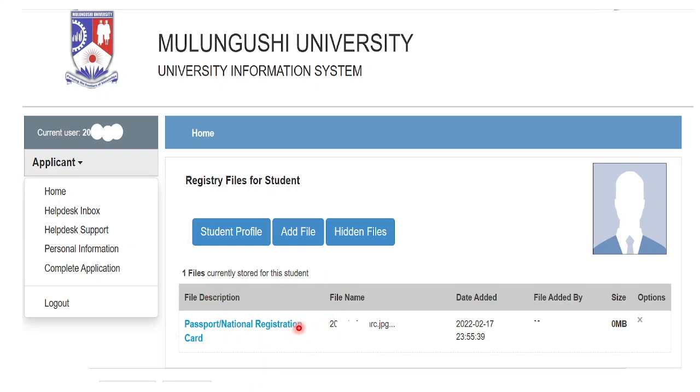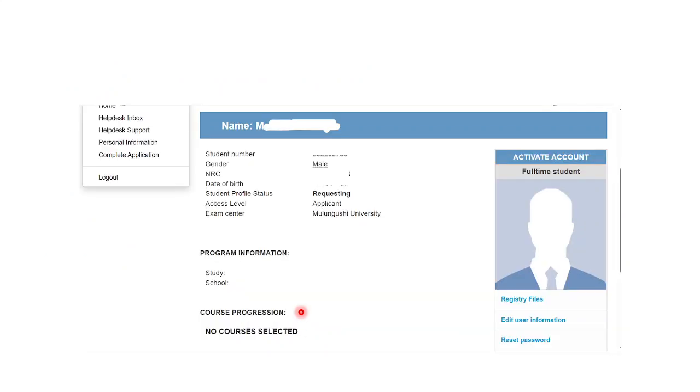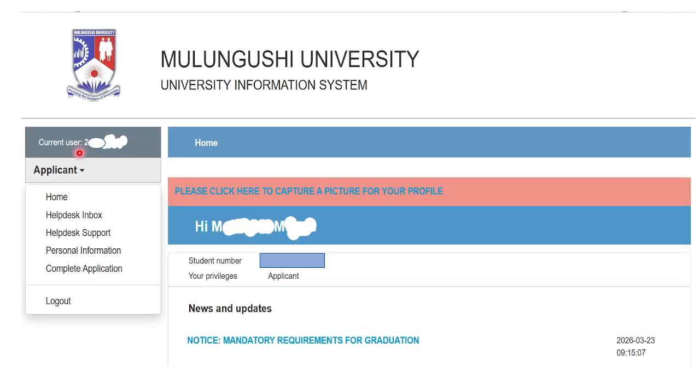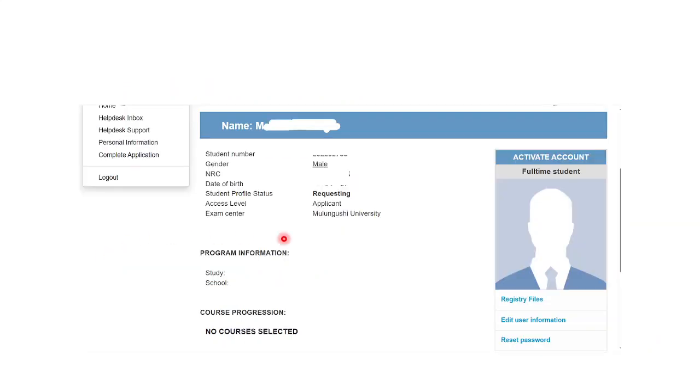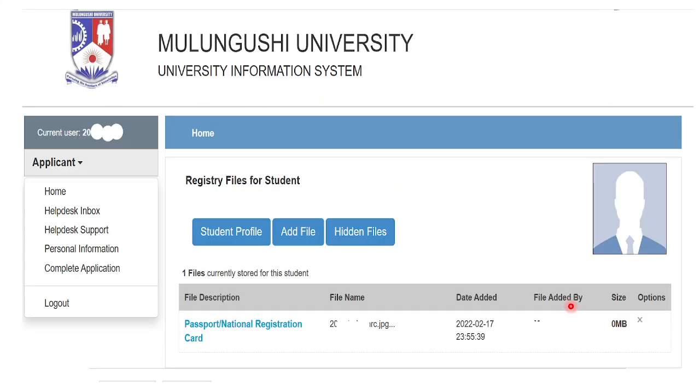So here you just have to take note. Remember where we're coming from. When you log in, this will be your home screen. You click on personal information, it brings you here. When you come to personal information, you click registry files so that you can check what documents you've uploaded. Like me here, I only uploaded the national registration card